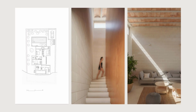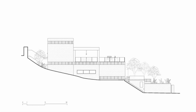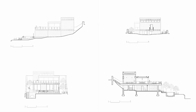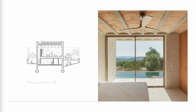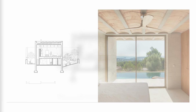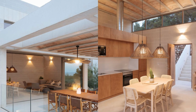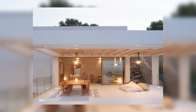Duplicated functions such as indoor and outdoor living, dining, and kitchen strengthen the ambiguity between exterior and interior. Large full-height sliding doors set in aluminum frames allow abundant natural light to brighten up the interiors and merge them with the scenery. Additionally, strategically placed horizontal window slits enhance diagonal sightlines and create awareness of the pace of time